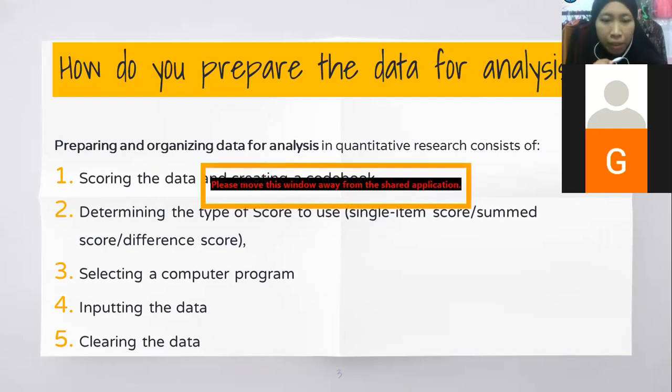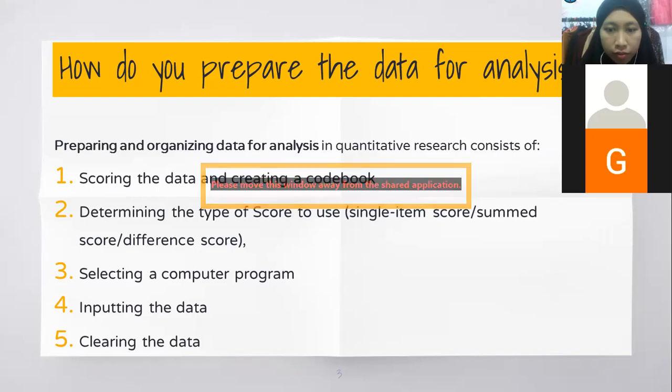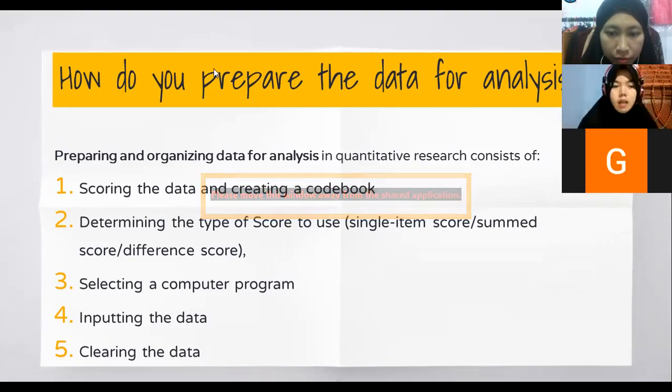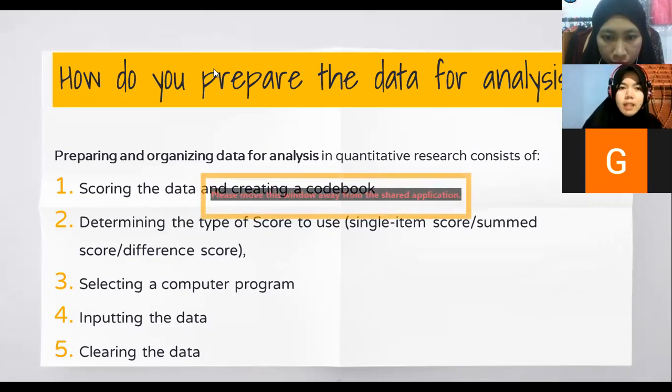Okay, the next presentation will be presented by my friend. Okay, time is yours, Nurbaiti. Okay, I'm Nurbaiti and I will continue presenting our PowerPoint. And the next subtopic is about,